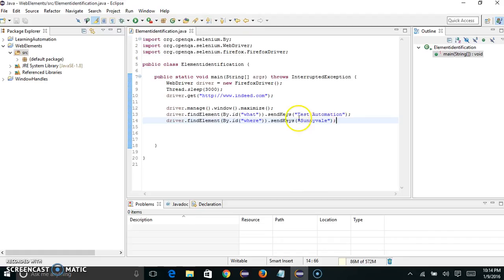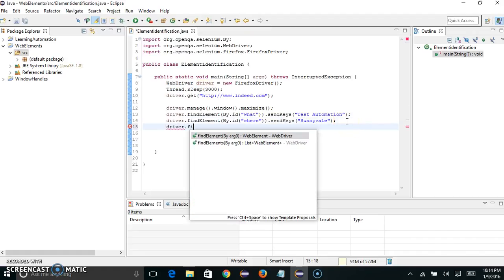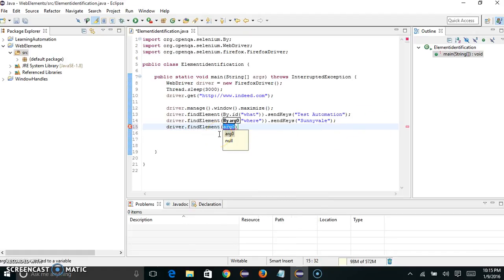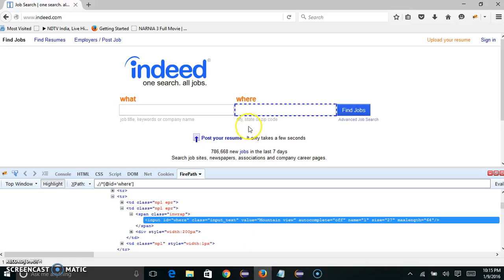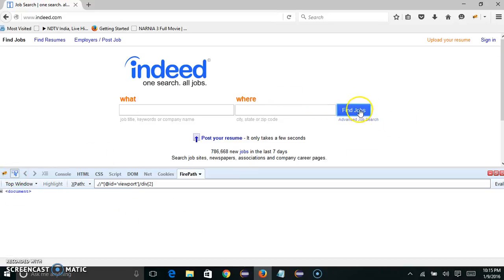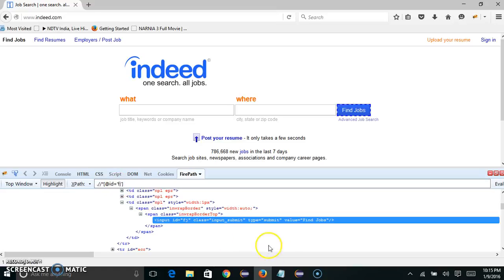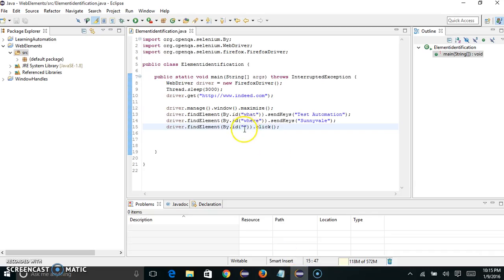Okay, now I have passed these two attributes, and now I need to press the find jobs button. So driver.findElement(By.id), this ID we'll see through Firebug, then dot click. We need to click on that button basically. Here you can see we need to see the ID of this, and the ID is fj, this is find jobs. So I'm passing that ID here, fj, click, and Thread.sleep,